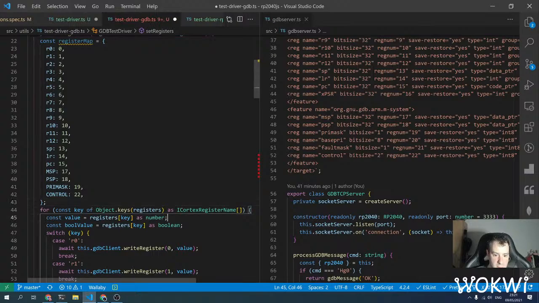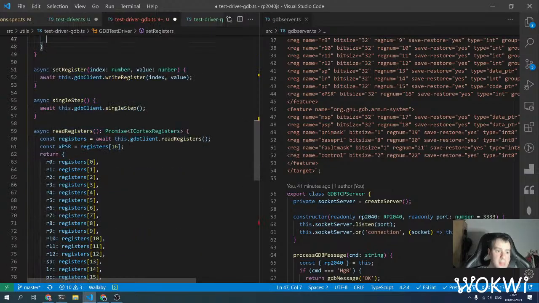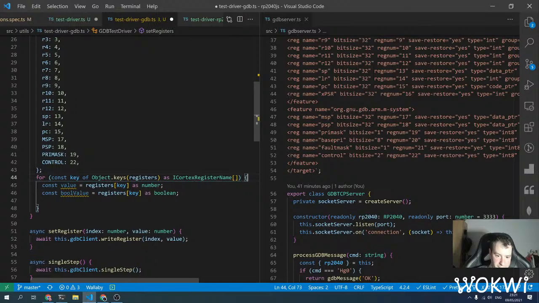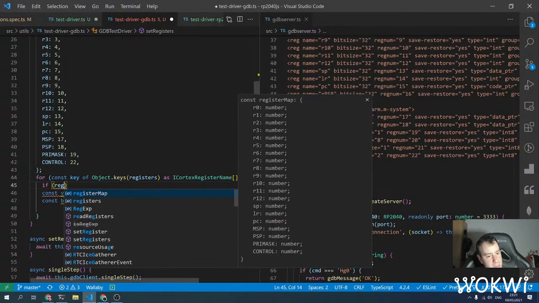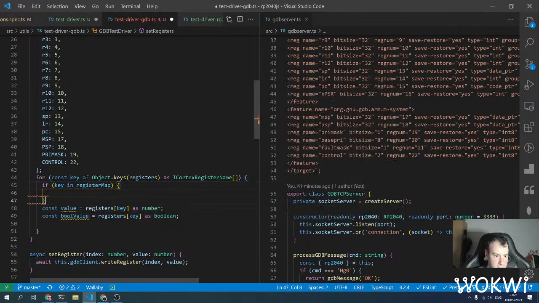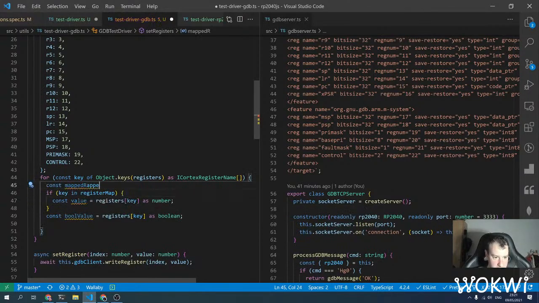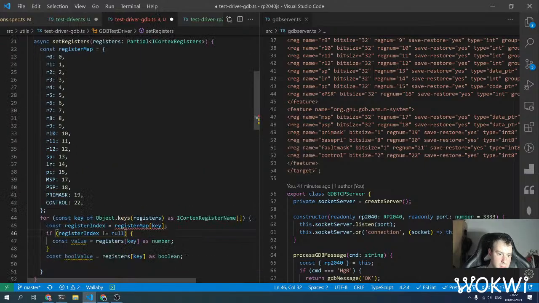And then instead of this switch statement, we can say if key in register map, then just take the value: const mapped register index is register map at key, and if register index is not null, if it's there, just